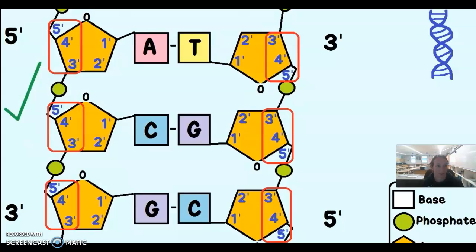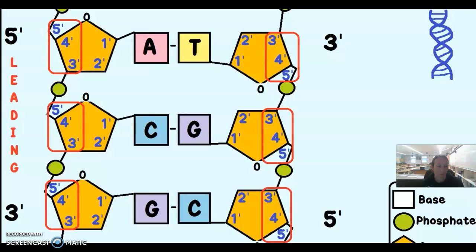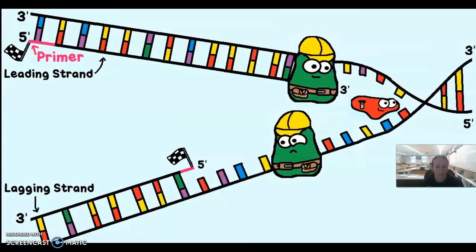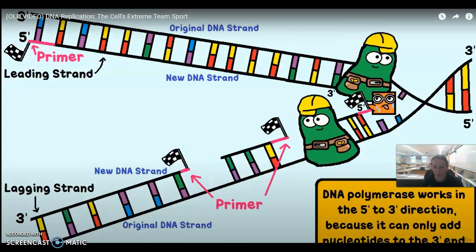So the strand that runs 5' to 3' is fine. It's called the leading strand. But the other strand will make it a little tricky. DNA polymerase can only go in the 5' to 3' direction. So RNA primate... All right, so we're actually just going to pause it there because the biggest thing that you